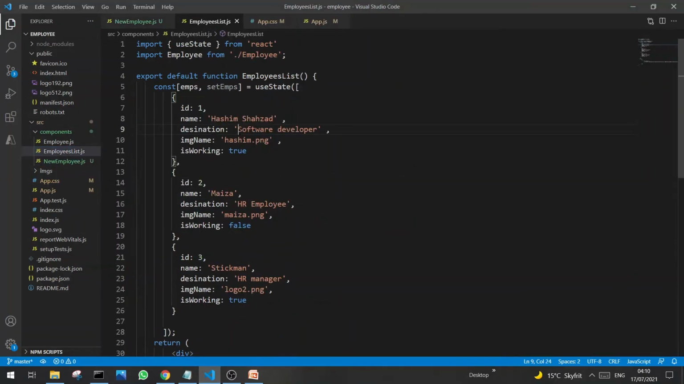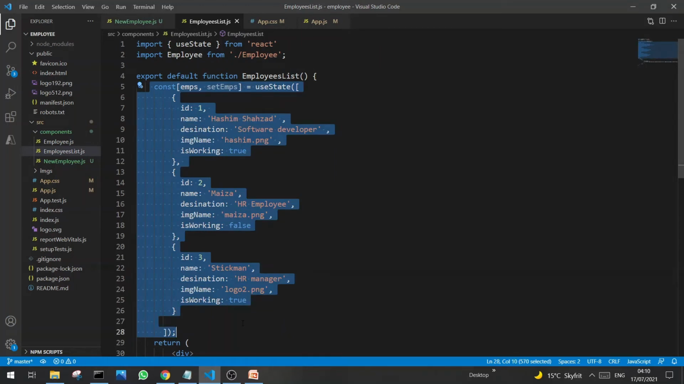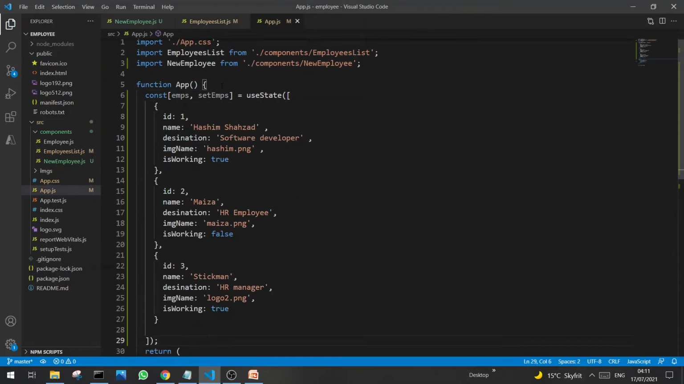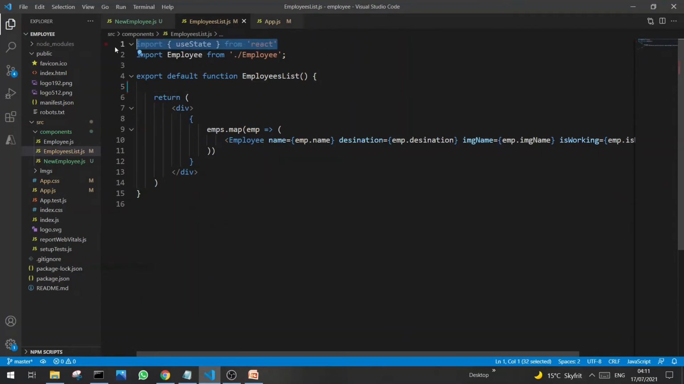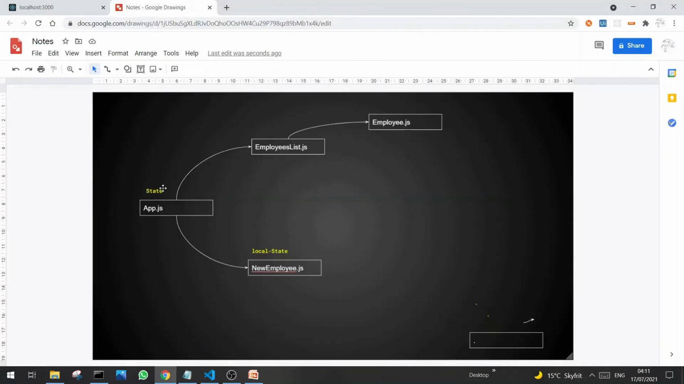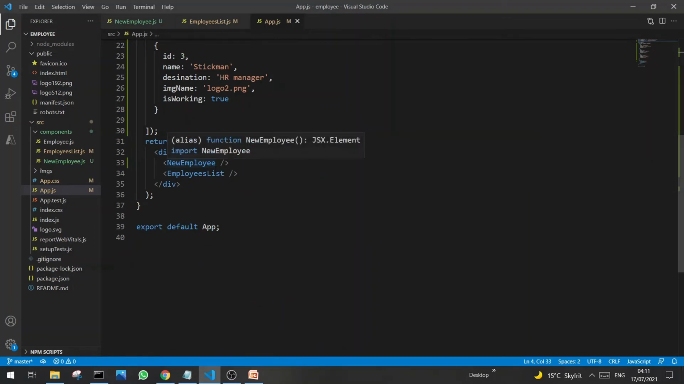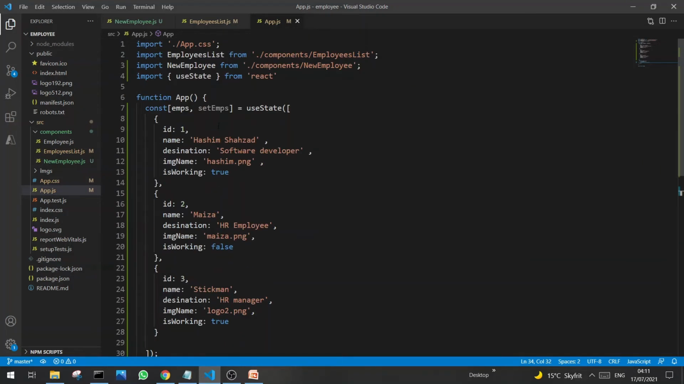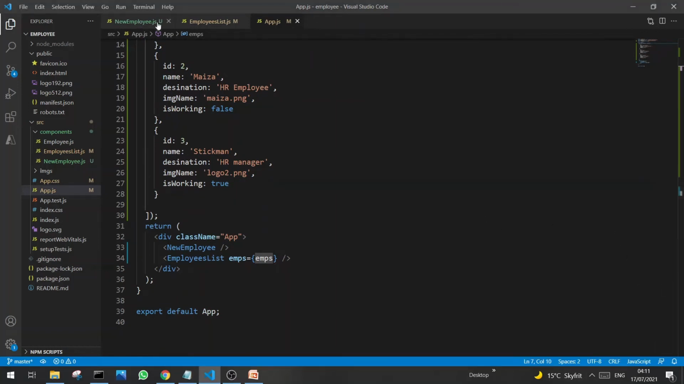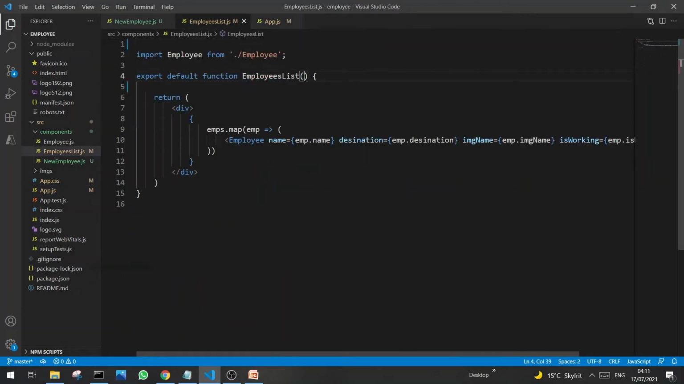Right now the state is here, so just copy and delete and move into app.js here. Actually I should copy also this one, and now we have the data and state here, and then pass the state in the form of props. So let's do that. We are calling employee list, so employees, emps, and it's the same as this one. Okay, and so we have the employees list here, and then emps, and now we can see,